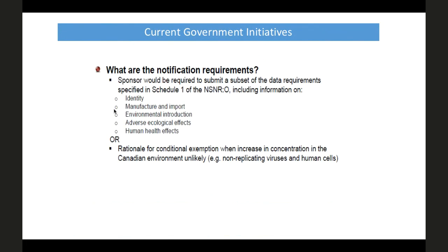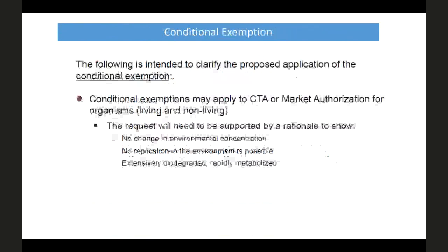But they're proposing to introduce this new concept of a conditional exemption, where they're saying that if the increase in concentration in the Canadian environment is very unlikely, then perhaps you could qualify for a conditional exemption. So you would still need to provide rationale that there is no change in environmental concentration, there is no replication in the environment that's possible, or that it's extensively biodegraded or rapidly metabolized, so there's no real widespread environmental release. And if you do that during your CTA or your market authorization stage, you could be qualified for a